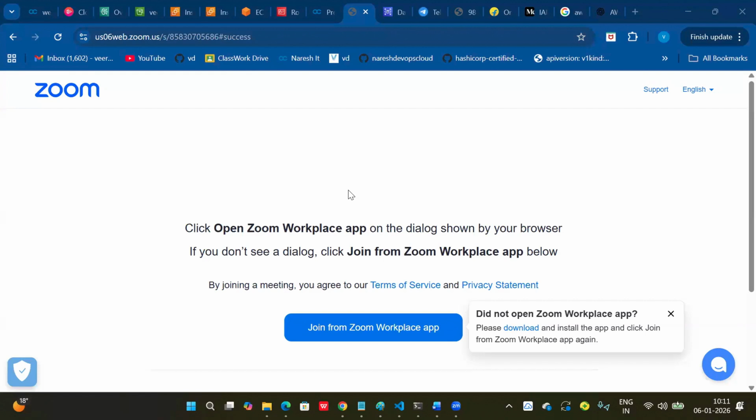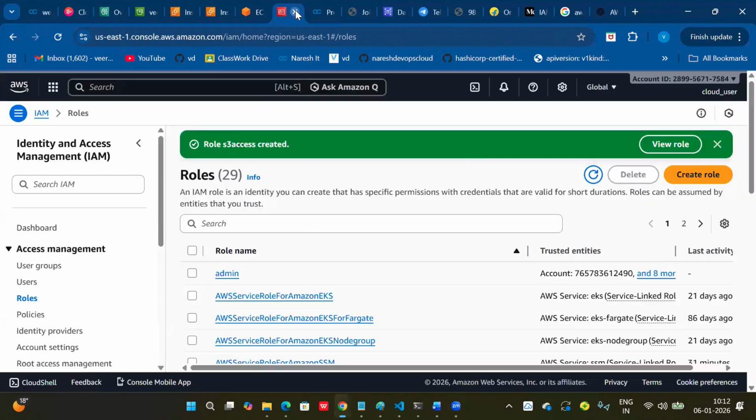Okay, I'm sharing my screen. So guys, in today's class, we can discuss the dynamic inventory file and Ansible roles also. First, we can discuss the dynamic inventory. The project we can discuss tomorrow, guys, definitely. So please, everyone join tomorrow.